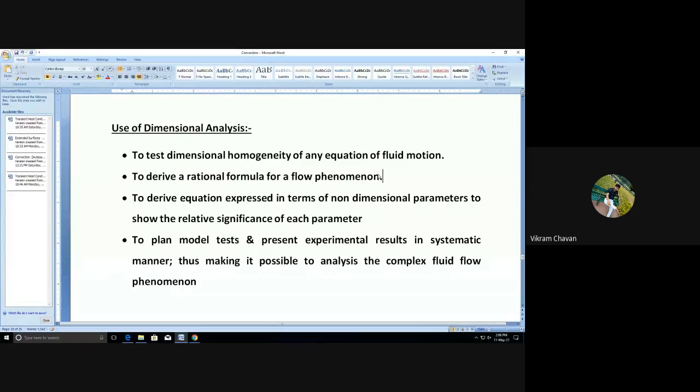Then to derive an equation expressed in terms of non-dimensional parameters, to show the relative significance of each parameter. Next one, to plan model tests